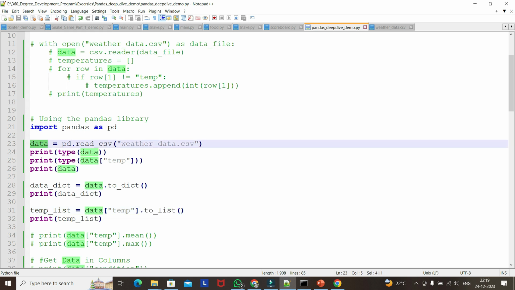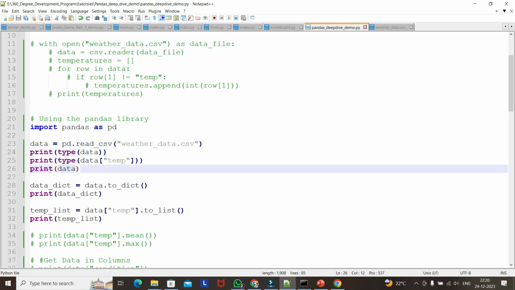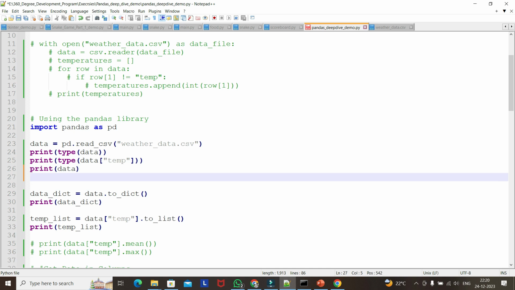The notation generally we call df, underscore data frame or something. Df is data frame. The general notation when we read any data into a data frame is that we consider df as the variable. So if I print,